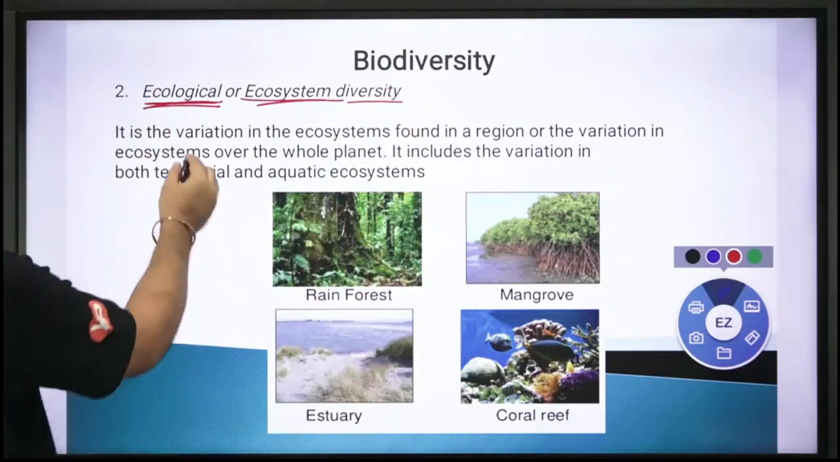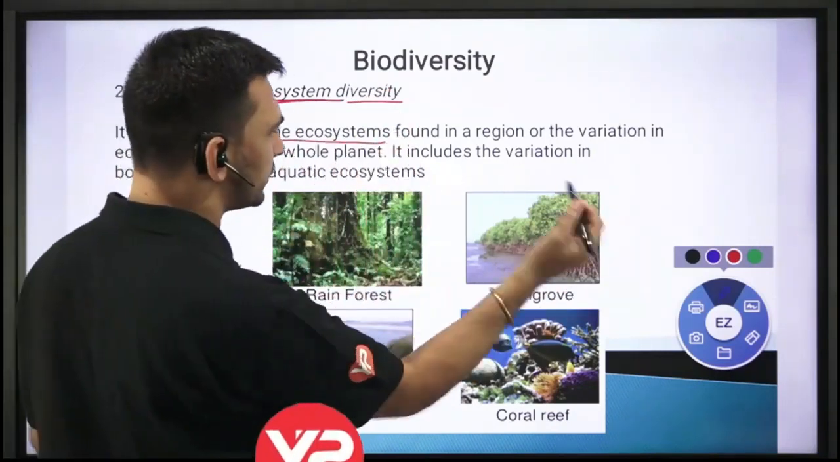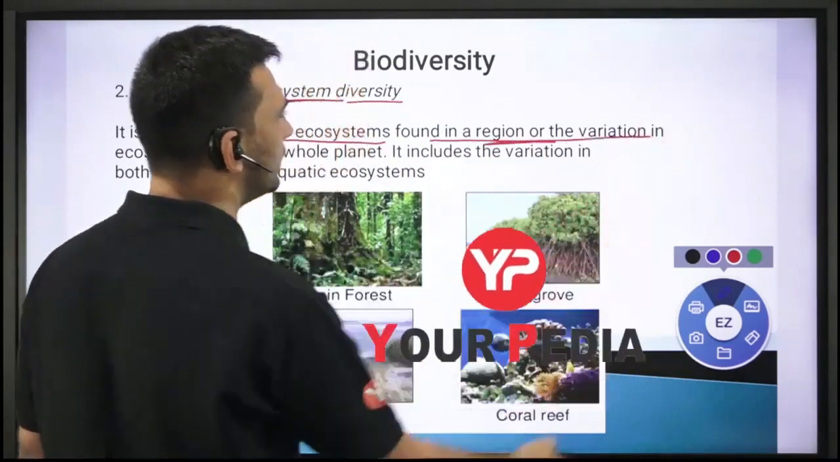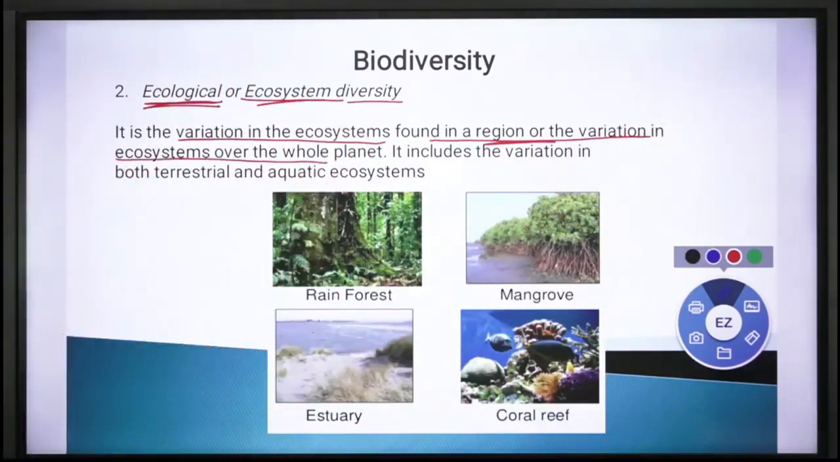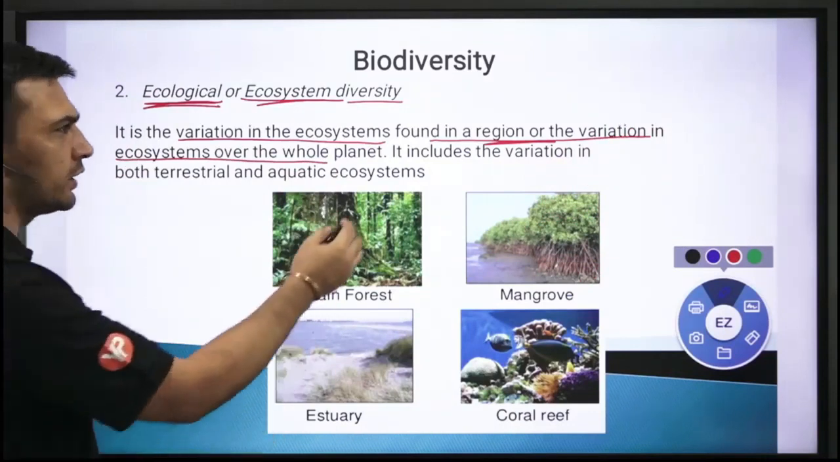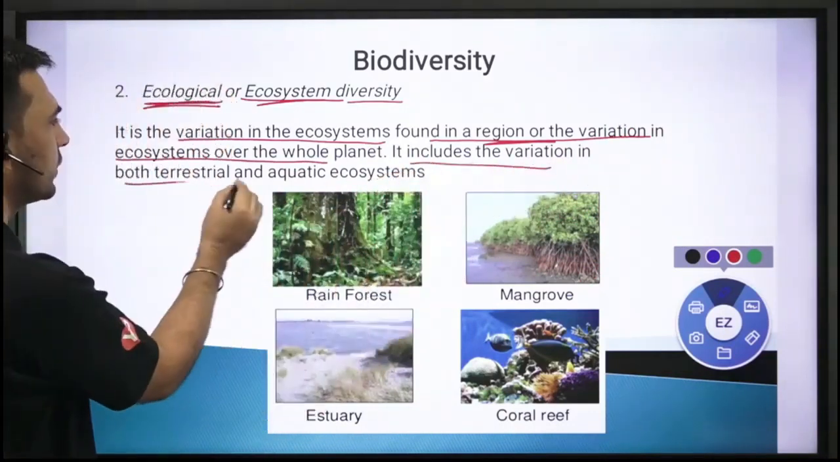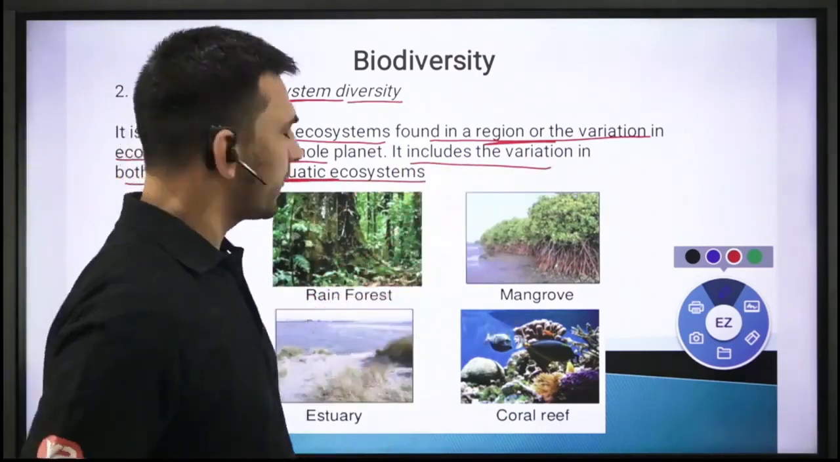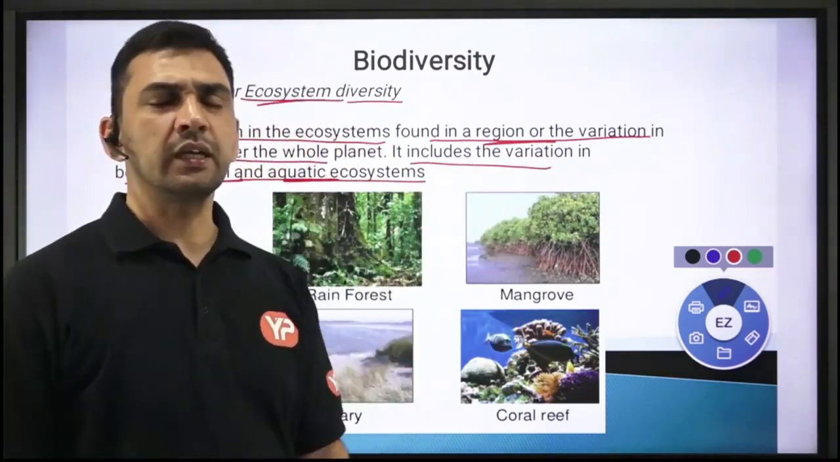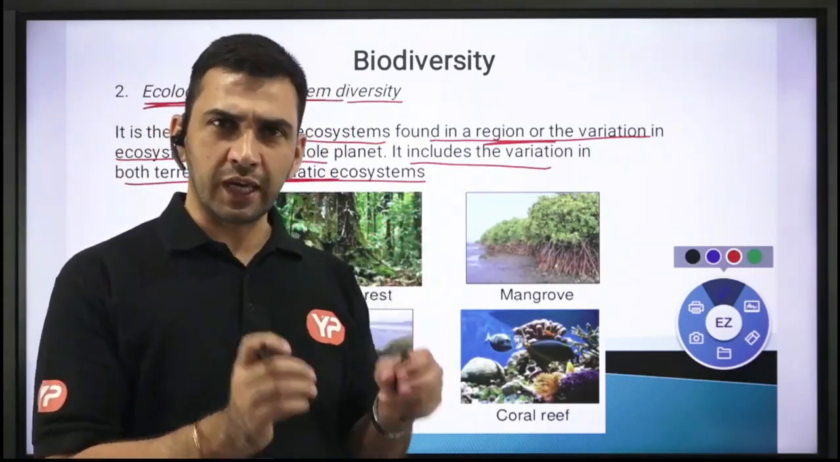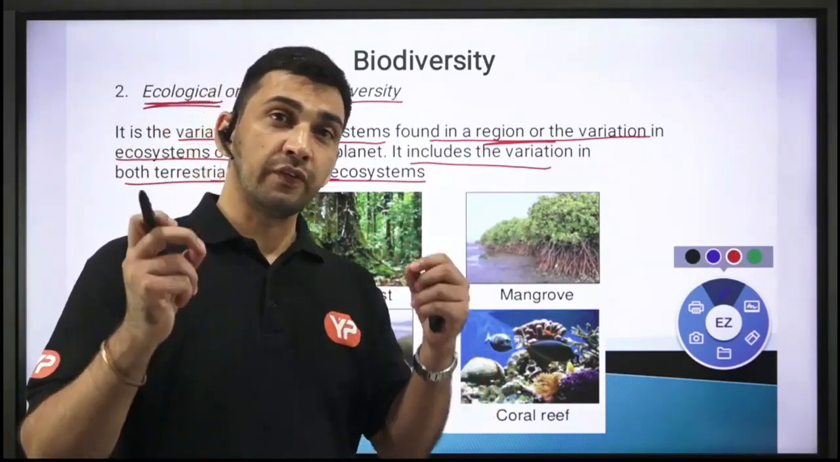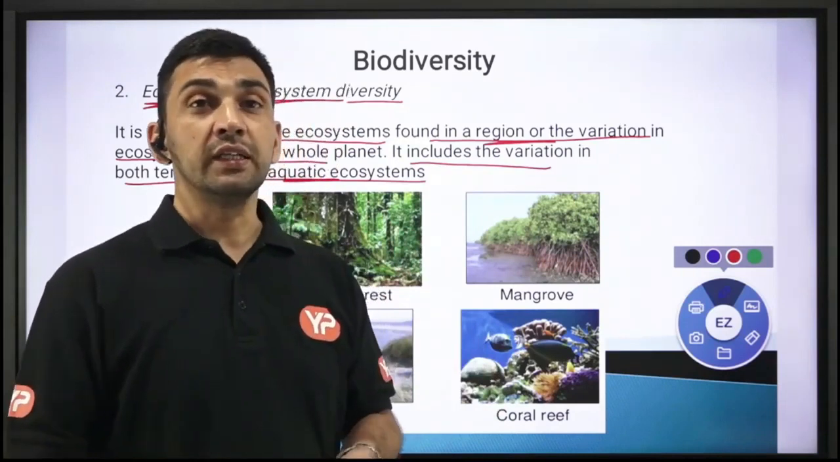Right, it is a variation in the ecosystem. Different kinds of ecosystem found in a region, or the variation in the ecosystem over the whole planet. It includes the variation in both terrestrial and aquatic ecosystems. As simple as that. Different types of ecosystems. If you have a larger number of different types of ecosystem, you will say that it is a